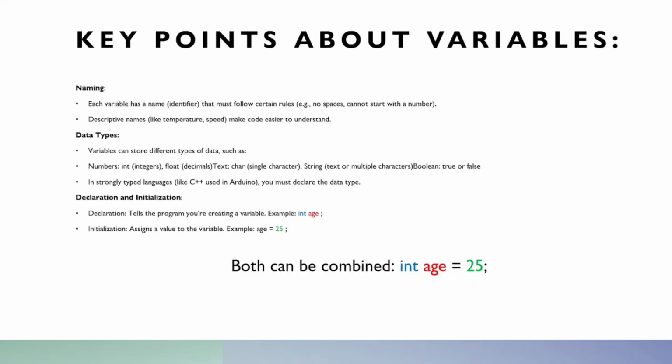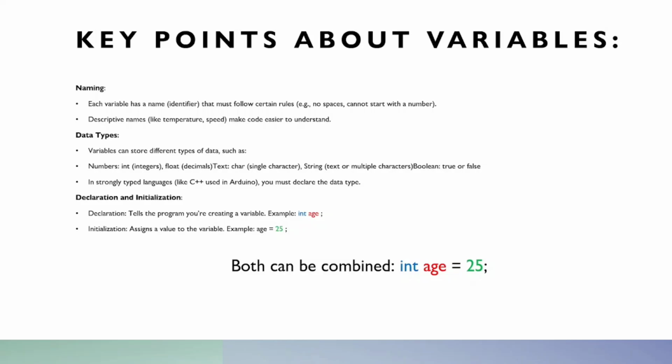It cannot start with a number. And there are some other rules. One more thing, whenever you make a variable's name, it should be descriptive, like temperature, speed, pin. Because if you write any random name, you will get confused further in your code about what purpose you made this variable for. So make a descriptive name so that you can easily identify and understand